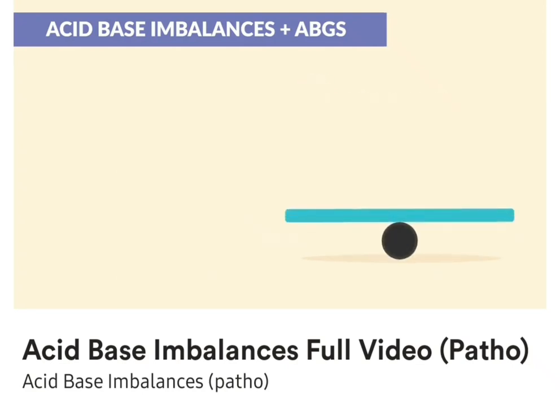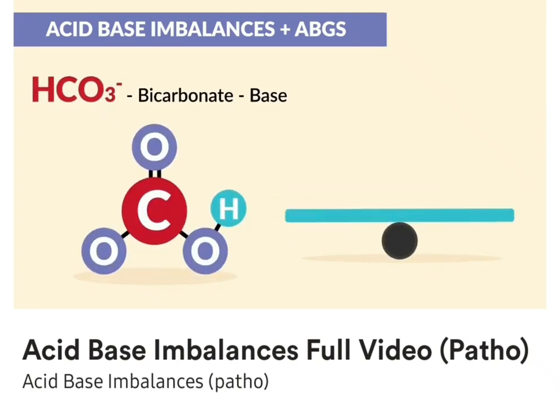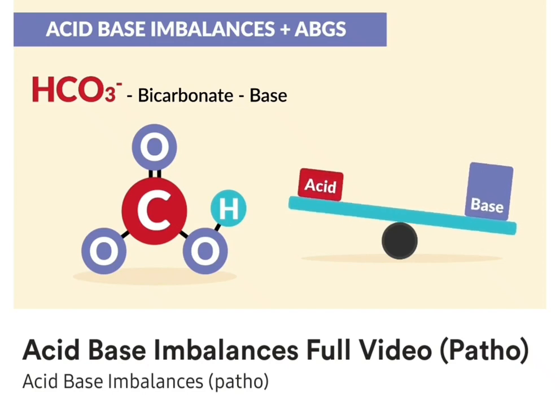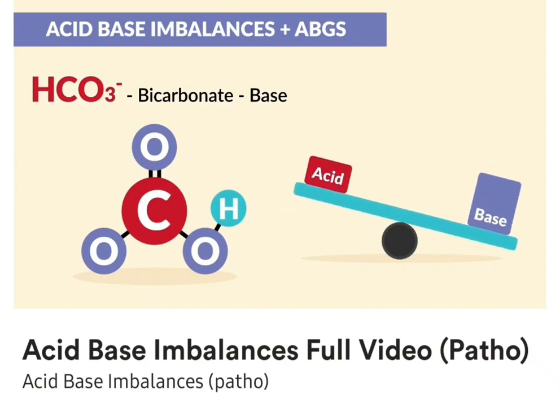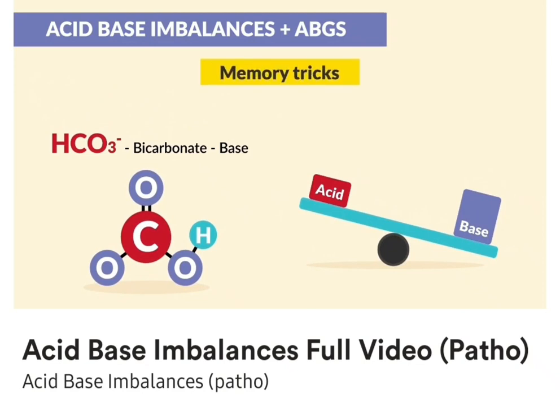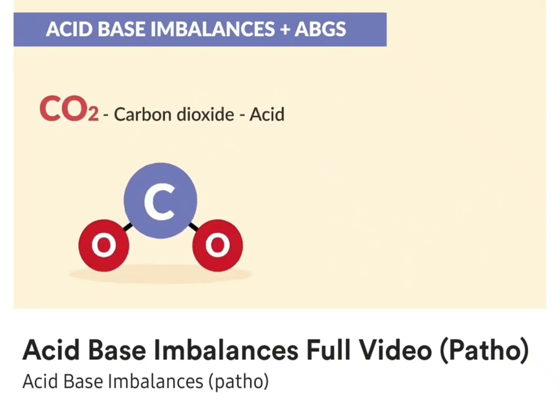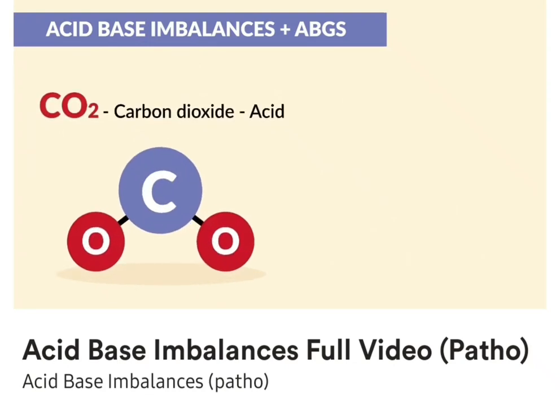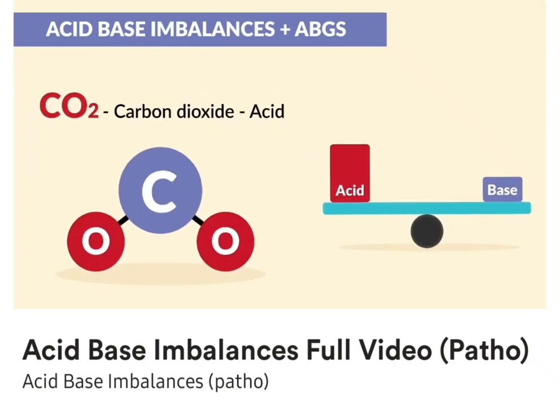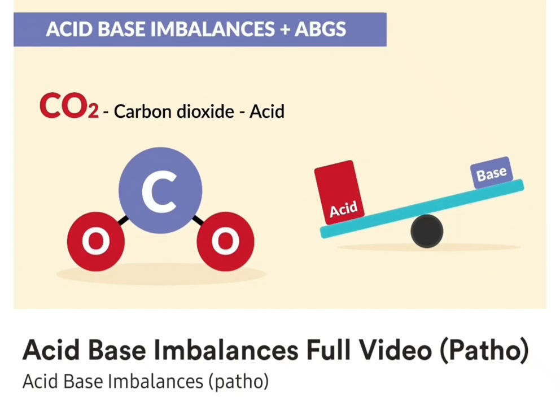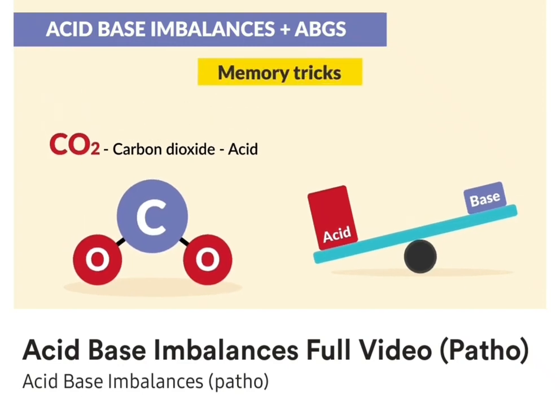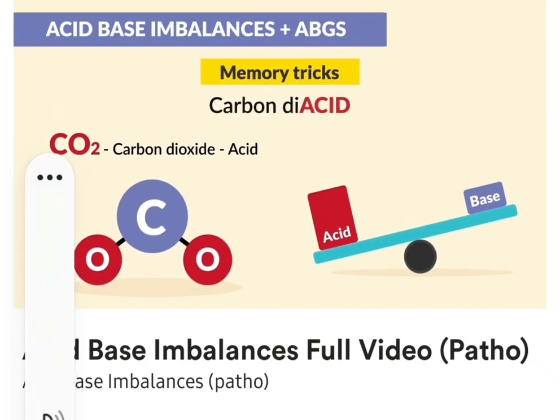The key players that keep us in balance is HCO3, known as bicarb. This is our base. That helps to put the body in this alkalosis. So the memory trick, think of the double B's. Base equals bicarb. And CO2, our carbon dioxide, is our acid, pushing the body into an acidotic state. So too much CO2, we get a body that is in acidosis. So the memory trick we use, just think carbon dioxide is carbon diacid,